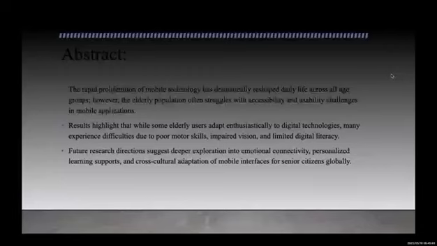The results highlight that while some elderly users adapt enthusiastically to digital technologies, many experience difficulties due to poor motor skills, impaired vision, and limited digital literacy. Future research directions suggest a deeper exploration into emotional connectivity, personalized learning support, and the cross-cultural adaptation of mobile interfaces for senior citizens globally.